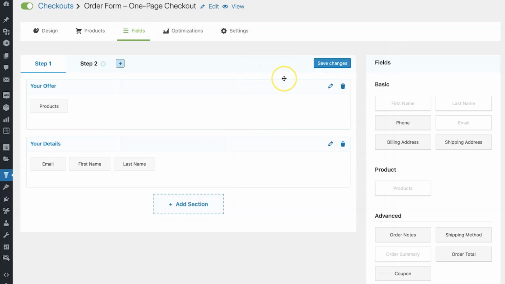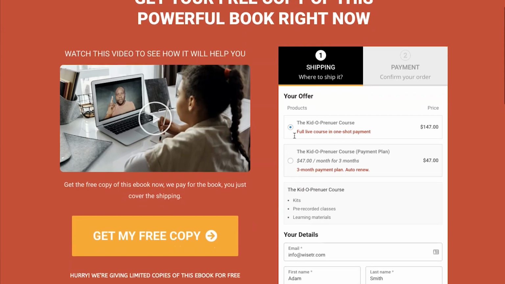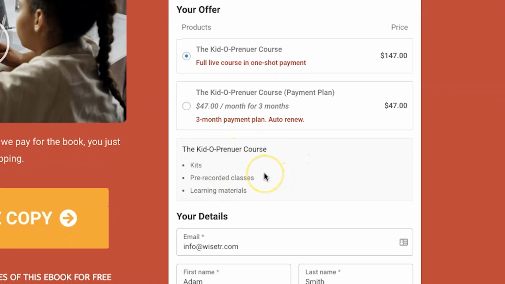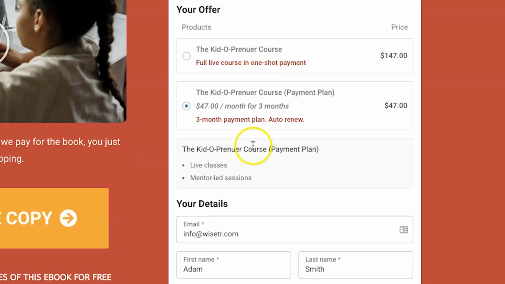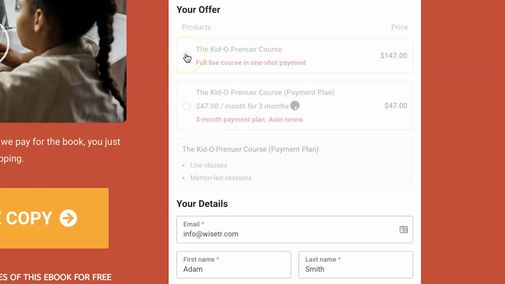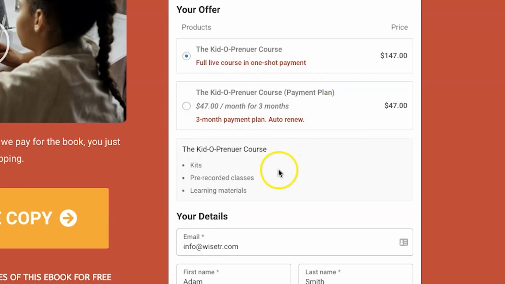So let's look at how the changes reflect on the front end. Alright, awesome. So this is how the additional description appears, and when we select the other option, the description for that option will show up. Yep, there you go. So this is how it changes. It looks really clean and pretty neat as well. So you can use this option to highlight any additional information about the specific offer that they are selecting. Yes, so this is really nice.